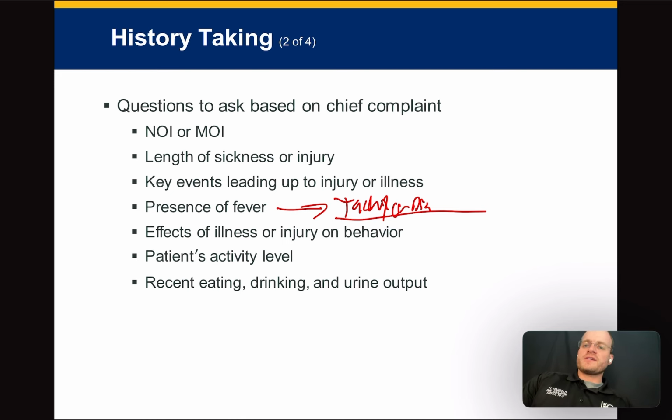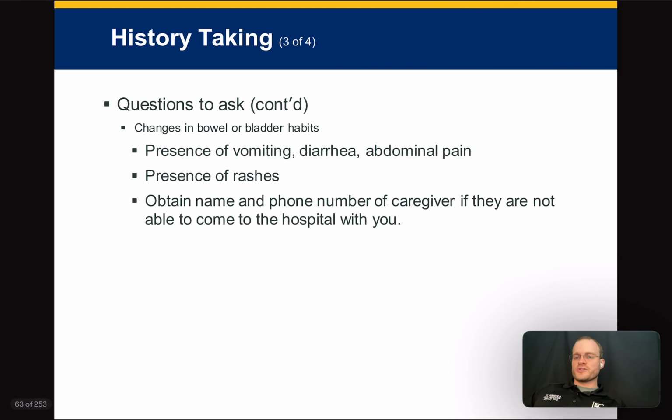You could also be asking, and so we ask this with children as well, how are they eating? How are they drinking? What's their urine output? So with a baby you would say, how many ounces are they taking? When's the last time you fed them? How many wet diapers have they had? Right? And so they're like, oh, I've only changed their diaper once today. And it's a newborn. That's a problem. So that's something you would want to know: how many ounces are they taking? Are they eating? Are they drinking? How many wet diapers have they had? Stuff like that. Those give us the inputs and outputs of children.